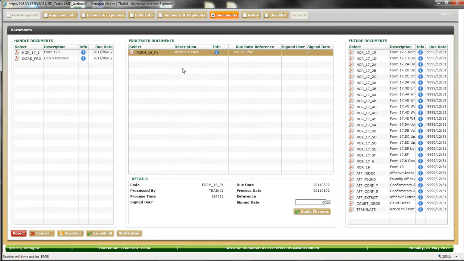After I've generated a document, you can see that it now appears in process documents and no longer in handle documents. So there is my application form. If I click on it, there's also a details panel at the bottom for it. Here I can see who generated it, when, what the time was, the date, and I can also enter a